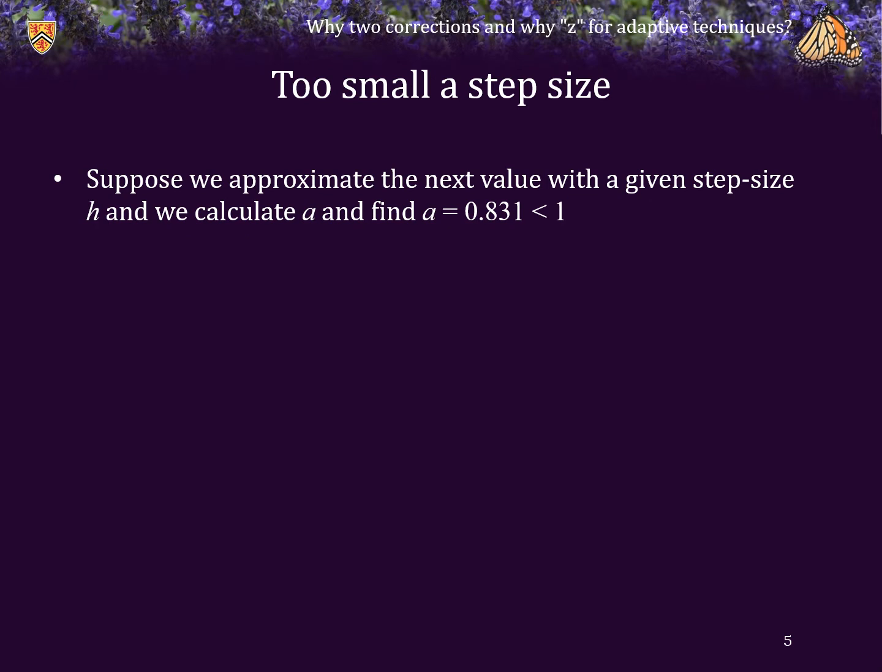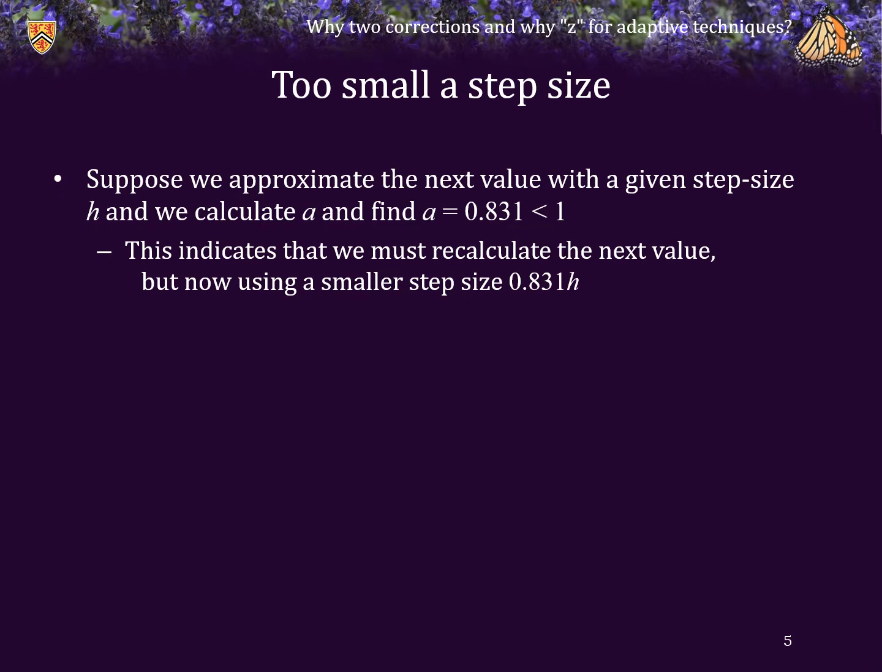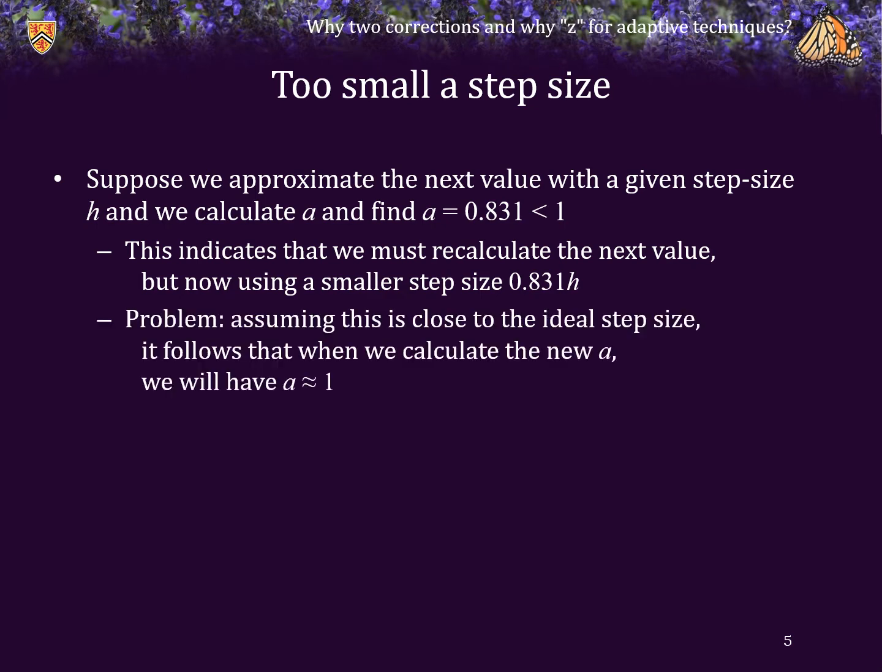All right, so suppose that we approximate the next value with a given step size h and we calculate the scaling factor a. We find that a is equal to 0.831, which is less than 1. What this means is that we have to recalculate the approximation of the next value, but this time we must use a smaller step size, specifically 0.831 times h. Now, problem. Assuming that this is close to the ideal step size once we've recalculated the value of the step size,